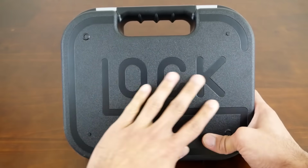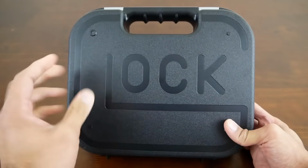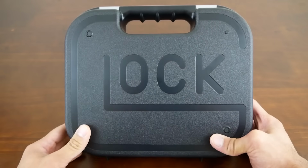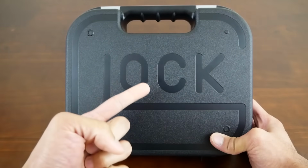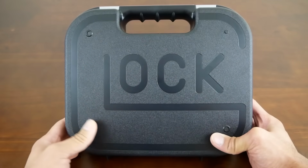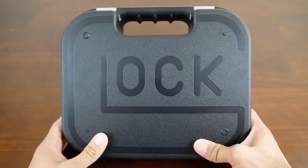So anyways, moving forward, here is the box. You'll see a lot of the same design language no matter what Glock you get. It comes with a hard case. Some of you guys might feel like that's a little bit of an insignificant detail, but I purchased Rugers in the past, I purchased Smith & Wessons in the past, and other guns in the past, and they come in cardboard boxes. So just the fact that you get a legitimate carrying case to protect your gun and transport your gun, really